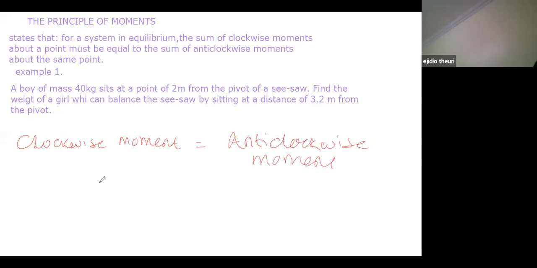If I draw this quickly, there's a boy of 40, so you can see this is 400 newtons. The distance is how much? 2 meters. This other side, we have x, and